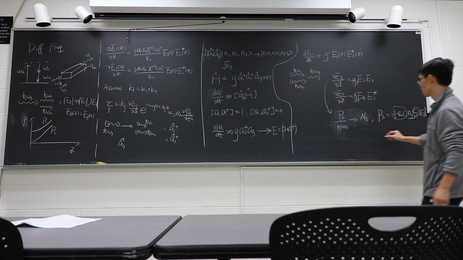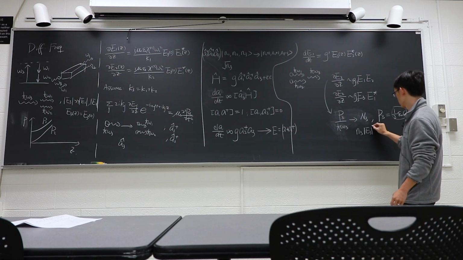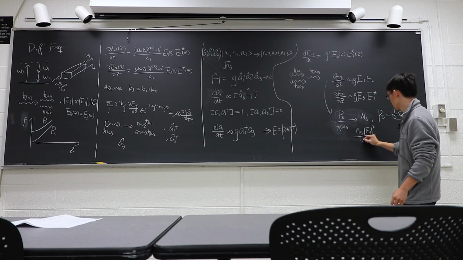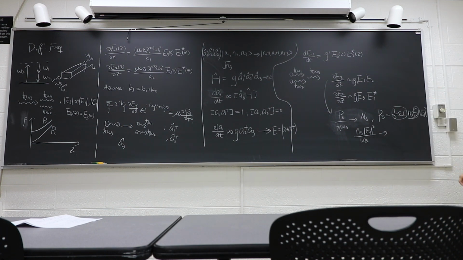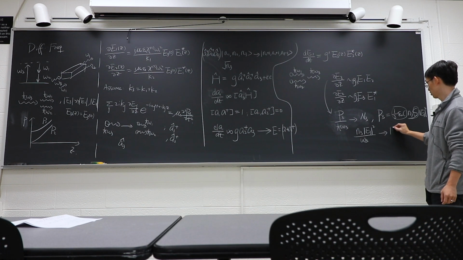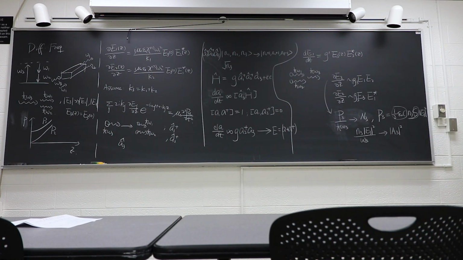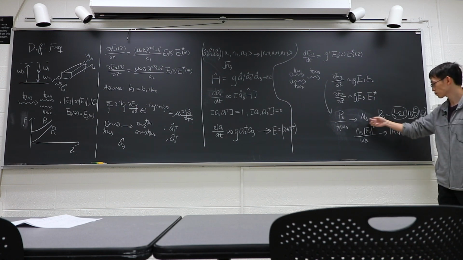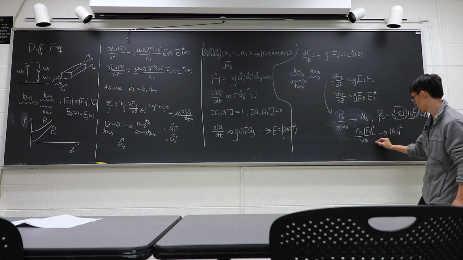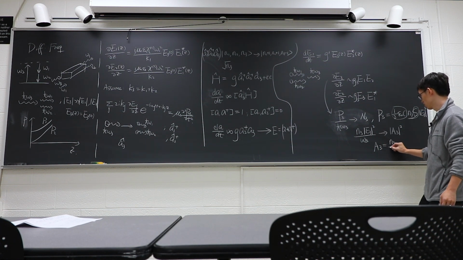So what you get is n3 E3 squared omega 3 goes to something we call the field normalized to photon number. Okay. So you can say A3 equals N3 omega 3